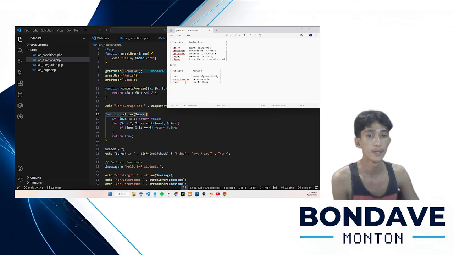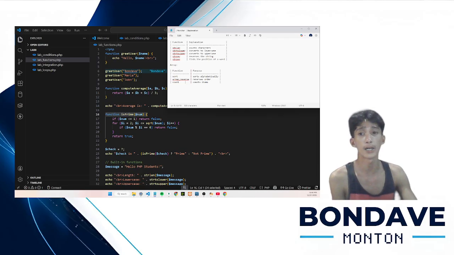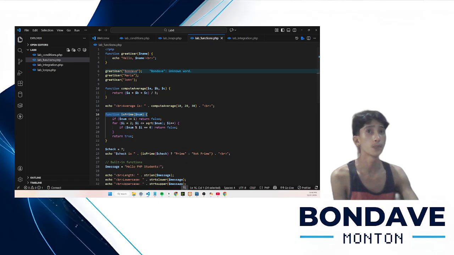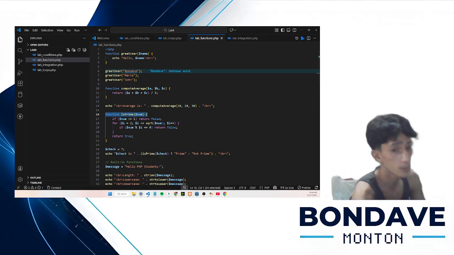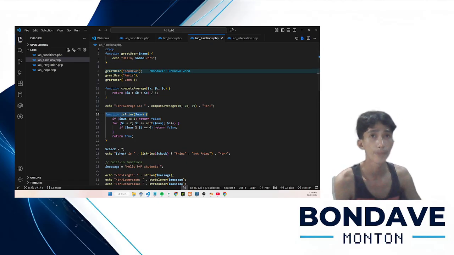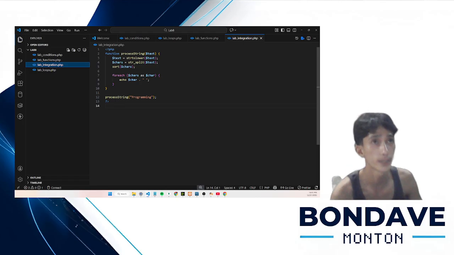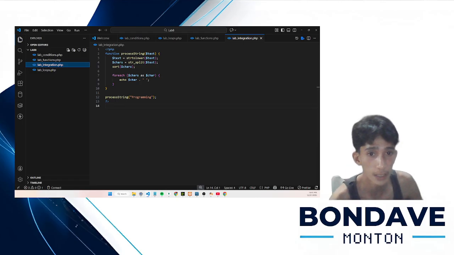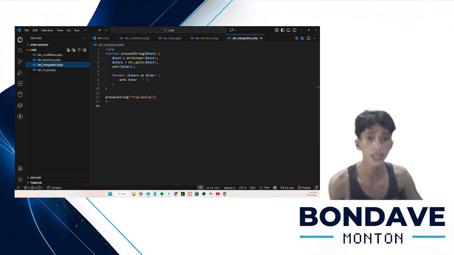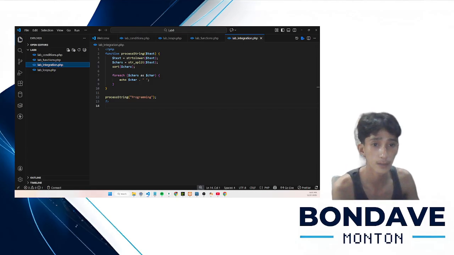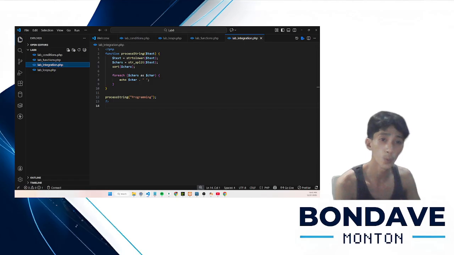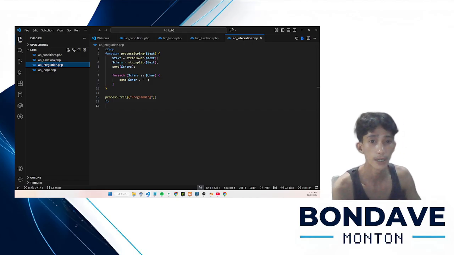So yeah. Next on our PHP demonstration is the lab integration right here. This final part combines conditions, loops, built-in functions, and user-defined functions into one reusable function.